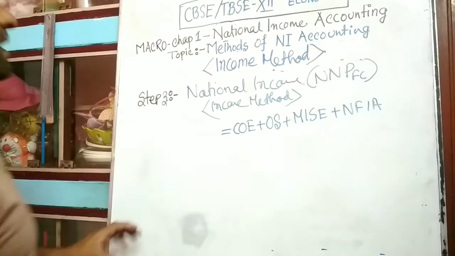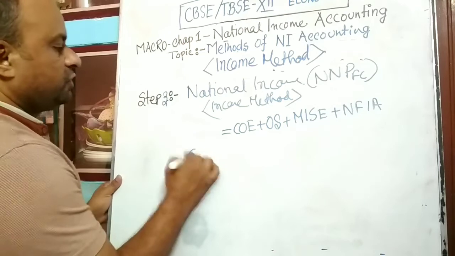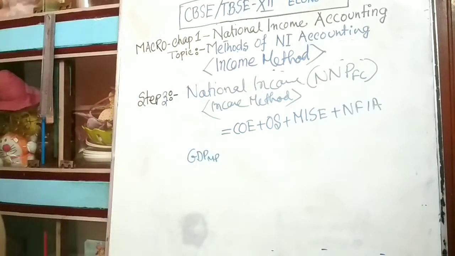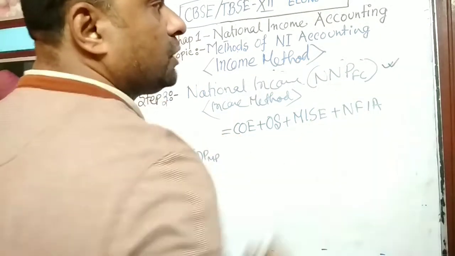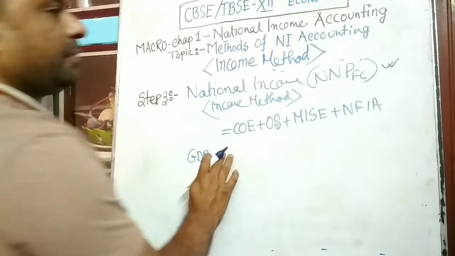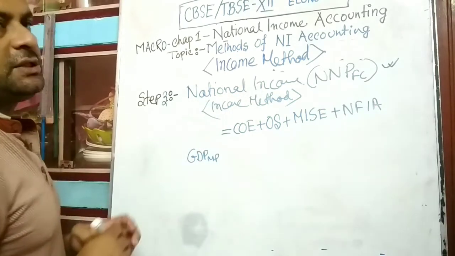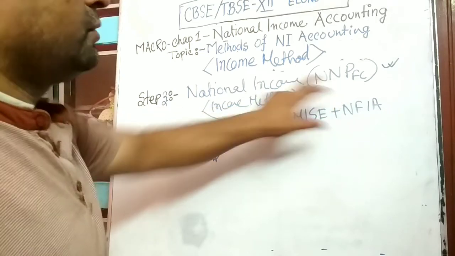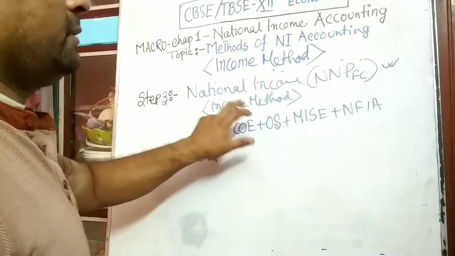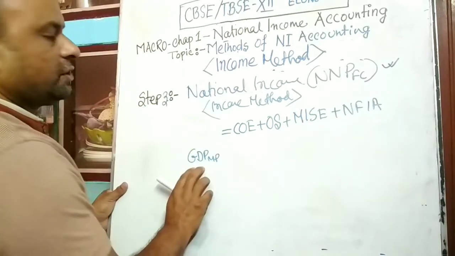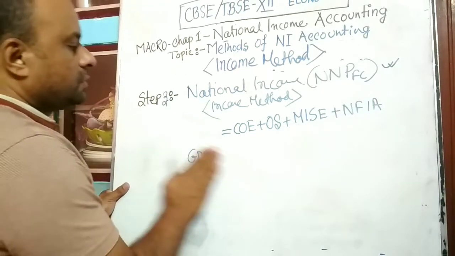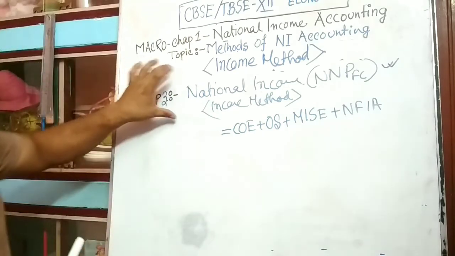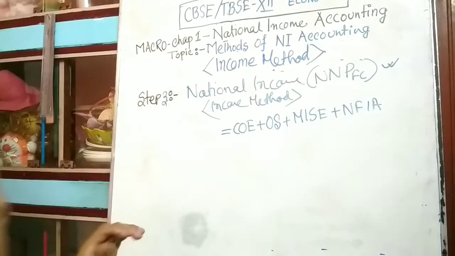Okay. If it is asked calculate another terms, suppose GDP, calculate GDP market price by income method, we always find NNP factor cost. Then after we convert to GDP market price. Terms will be given in the question paper. Last time we had done how to convert from one to another. So first we have to find NNP factor cost in income method, whatever it is asked. Thereafter we convert it to GDP market price. So this is about income method, how national income is generated by income method.